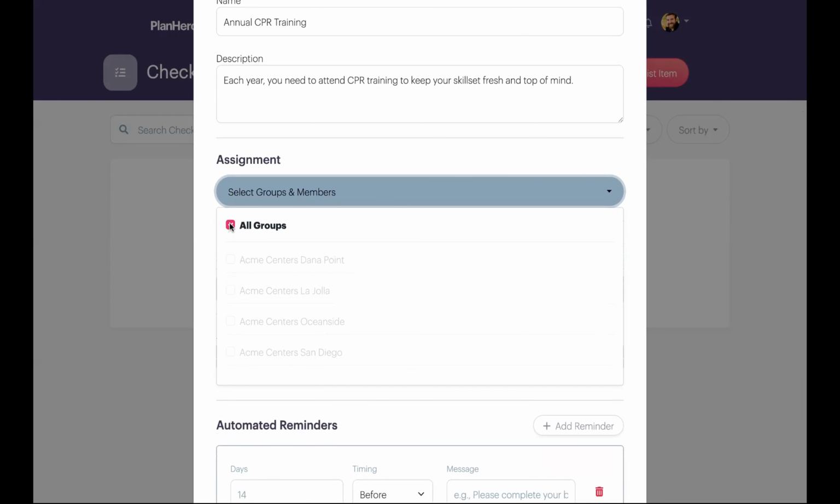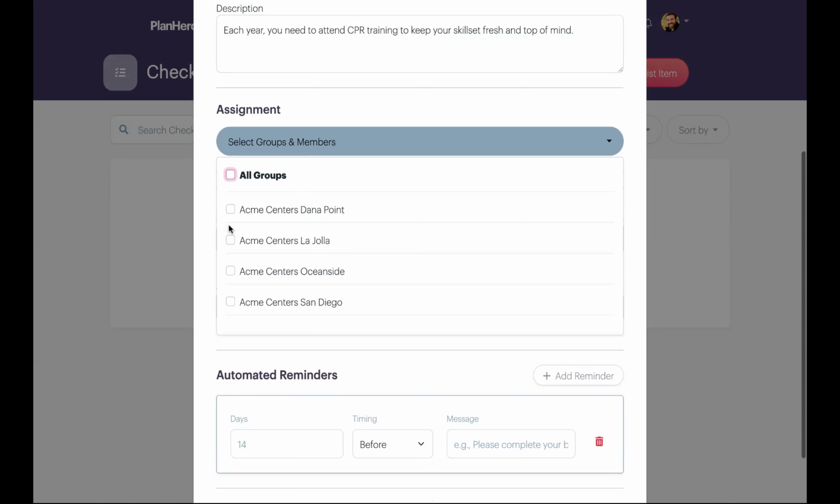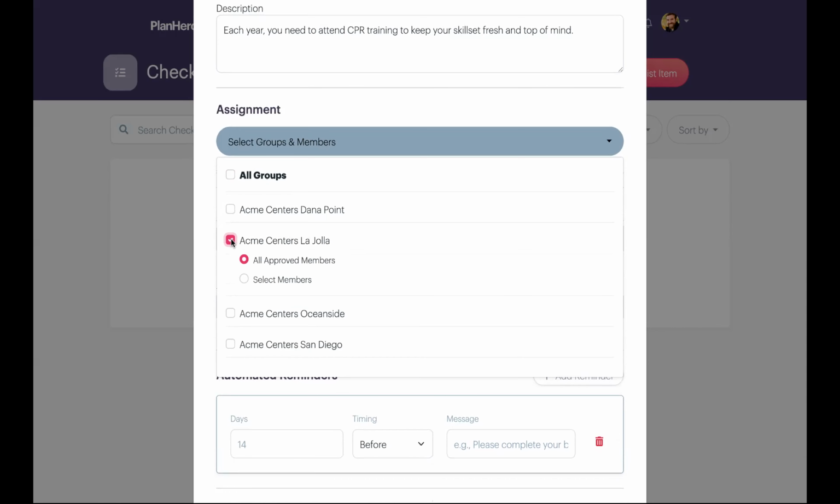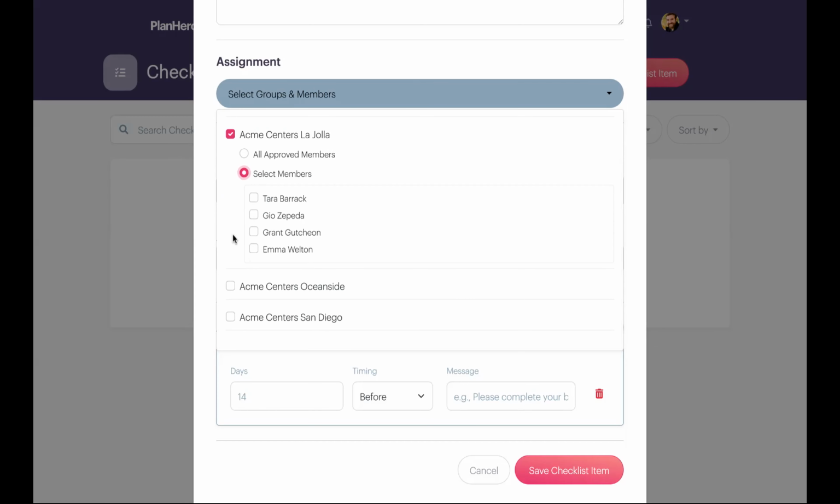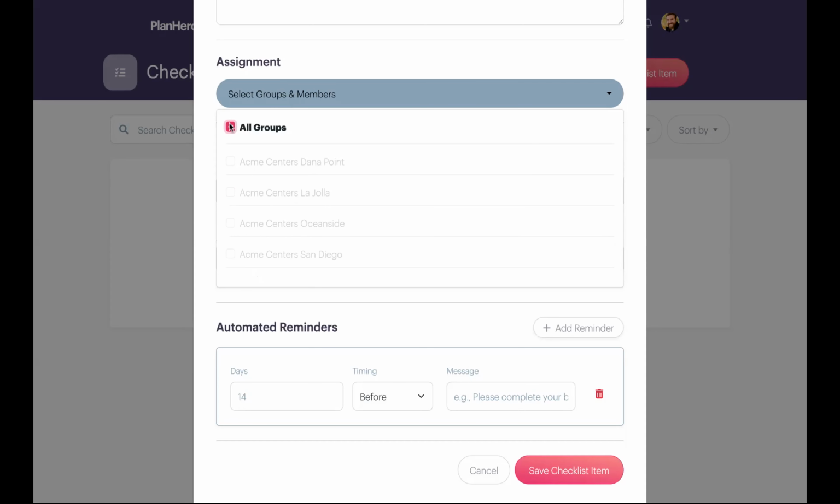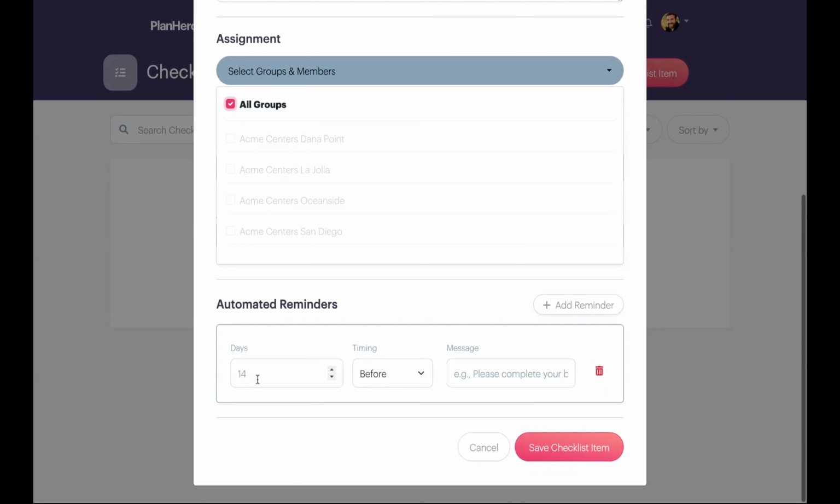So we can either assign it to all the groups. Account will be required to have this training. And I could even select then specific members of that group. So if there are only a few people who maybe need to have that training, then you could just select those people. So you've got a lot of options here. So I'll just leave it with all groups. And then I can come down here